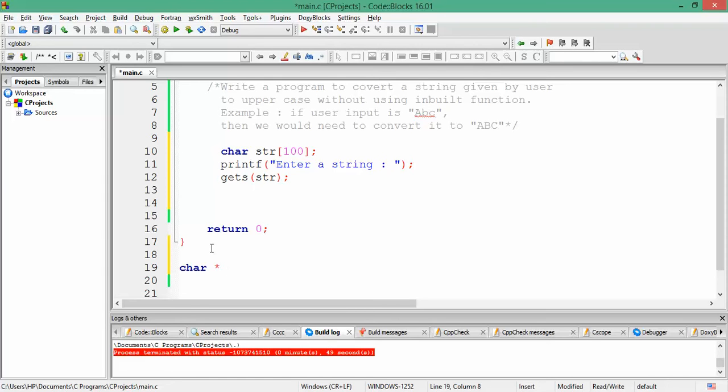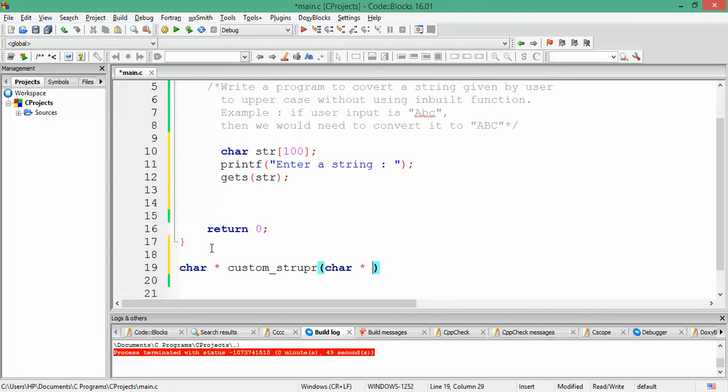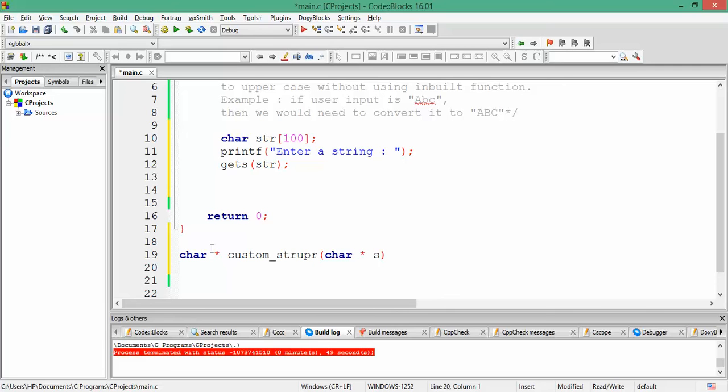So it returns a character pointer, and let us name the custom function custom underscore strupr. This function is going to take the address of the string which we need to convert to its uppercase, so the parameter data type would be char pointer. Let's say the parameter is s.